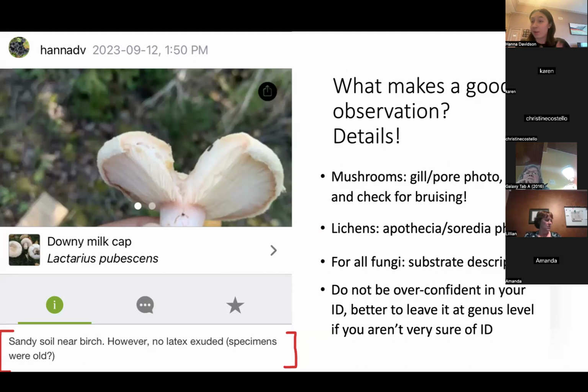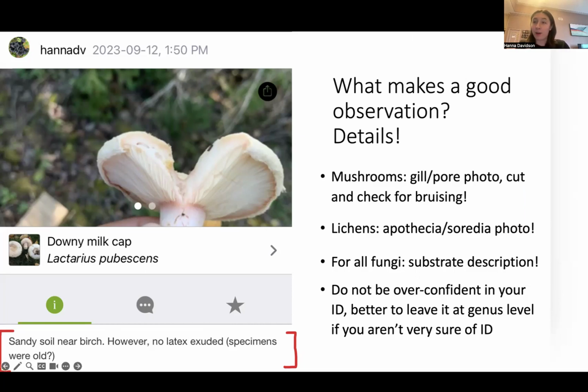So if you're taking a picture of a mossy field, maybe there's a moss and a lichen, specifying which one you want to put as your ID can be really helpful. Just, I want to ID this lichen. For mushrooms, it's really easy to do a simple underside photo of the gills or the pores, super helpful in making a good ID. Same thing if you cut and check for bruising. These are all kind of the same steps that you would take in the field, but if you can make a note of it or take a photo of it, it helps that people down the line can also see that to make your observation research grade.